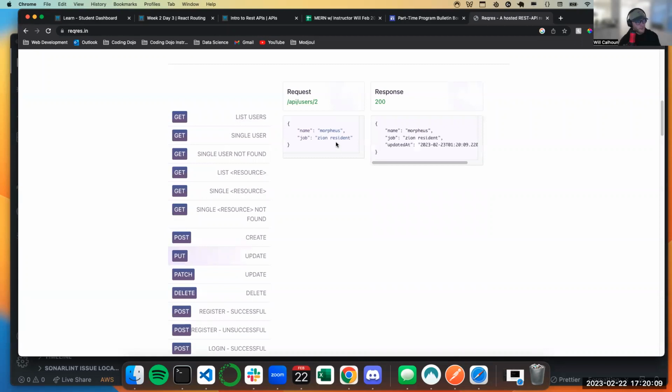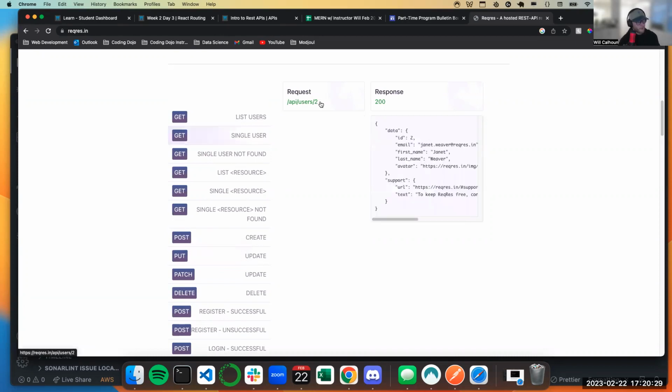If I wanted to update them, then again, I will say API/users/2. Anytime I'm updating, I want to be as specific as possible, so 2 is going to be their ID, right? If I want to update, I'll pass in the same thing as if I want to get, but based on the method I choose, that changes how my API operates.